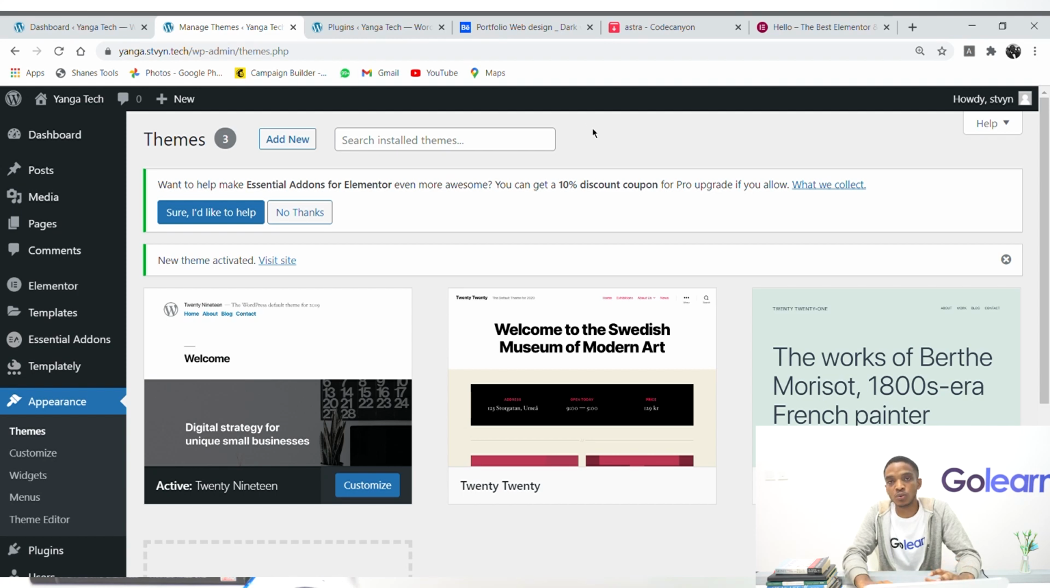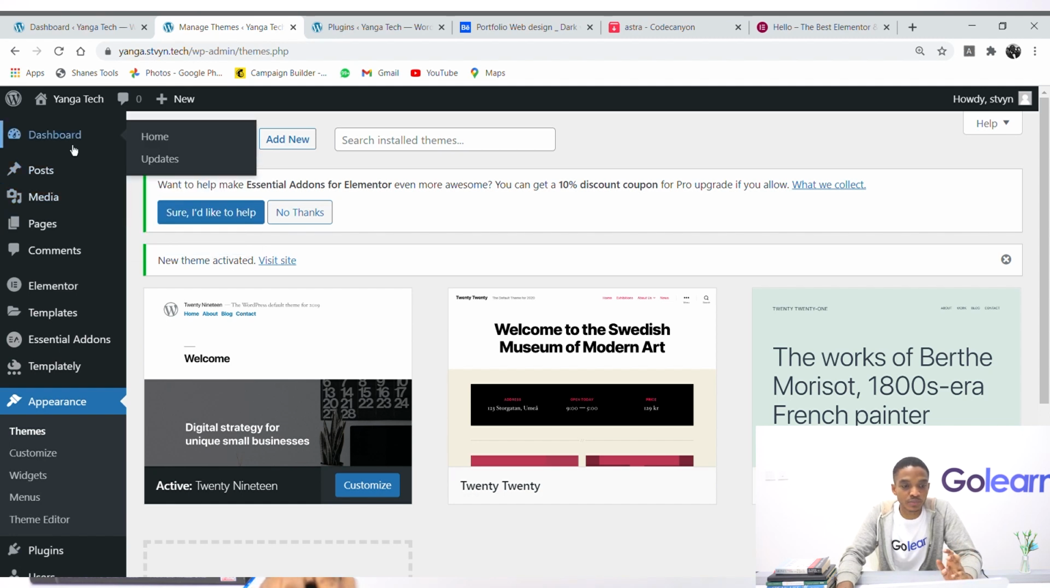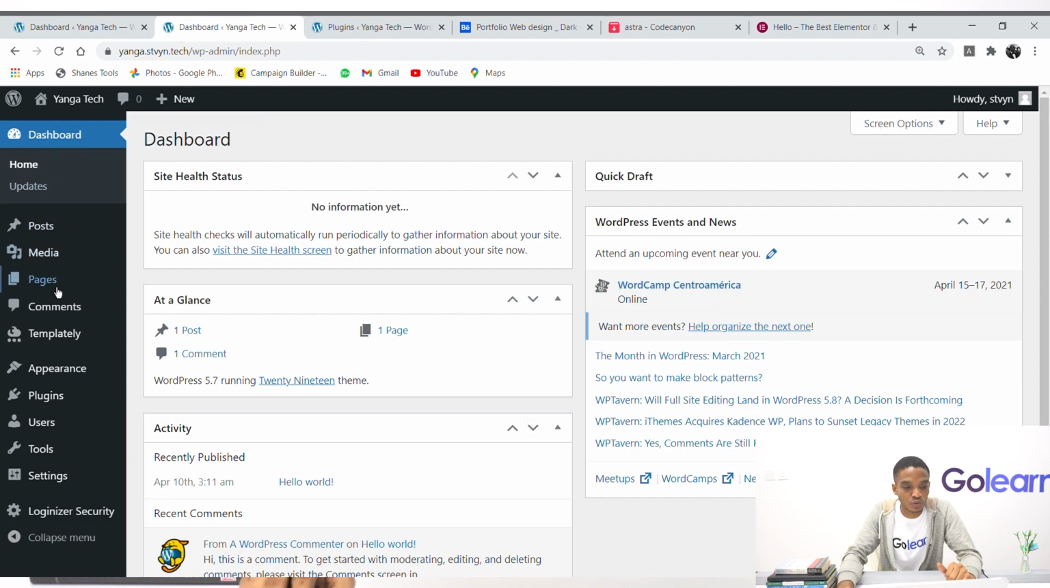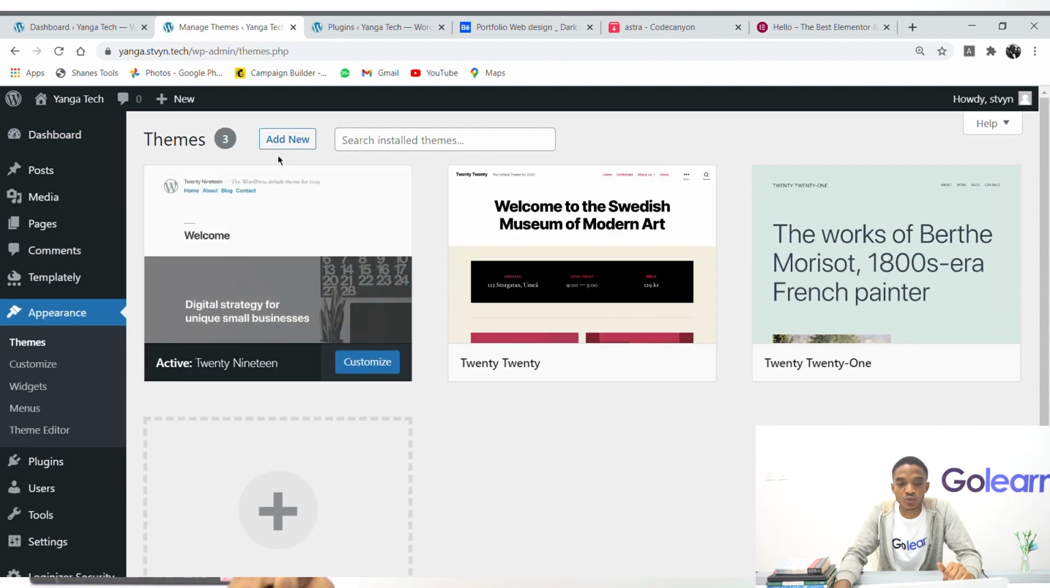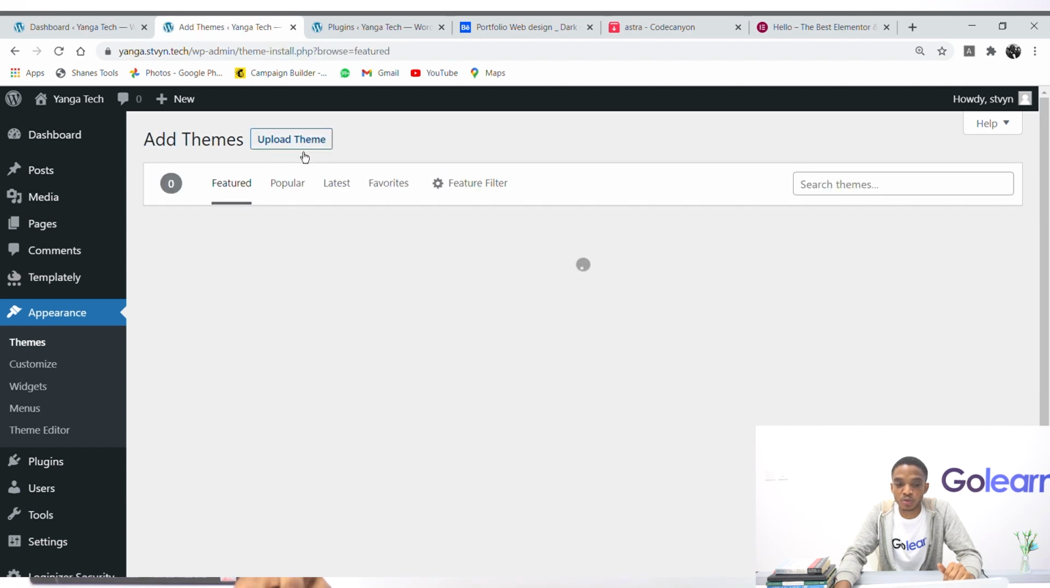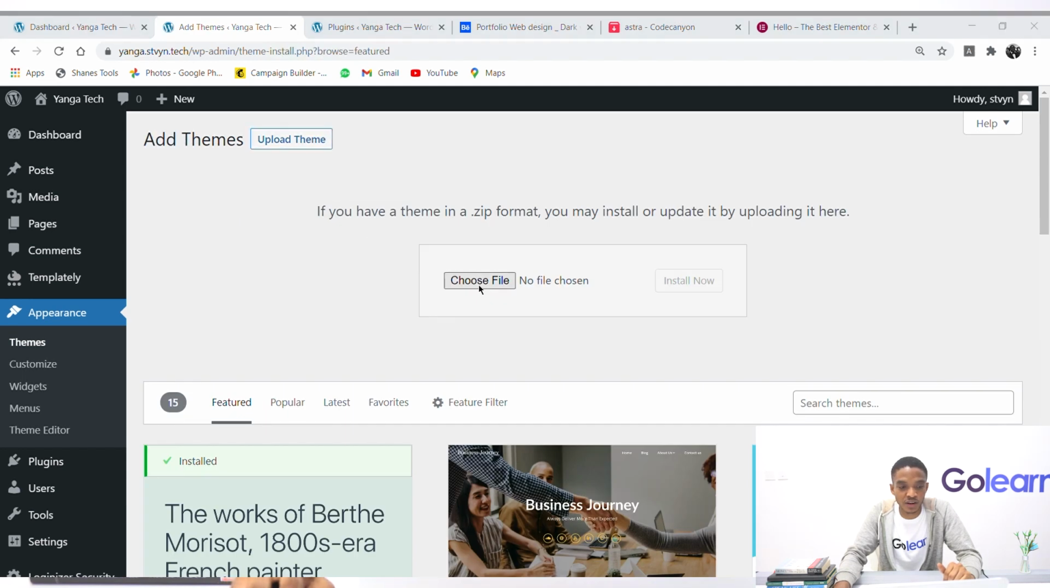Now we have to install the theme first on our system. So to install the theme, you go to your dashboard, you scroll down to appearance and you choose themes. Choose add new, upload theme, click choose file. Now you have to look for where the theme you downloaded is saved on your system. Like I said, it's usually saved in your downloads folder. So come to downloads. Choose Hello Elementor version 2.3.1. So double click, then install. So while this is installing,